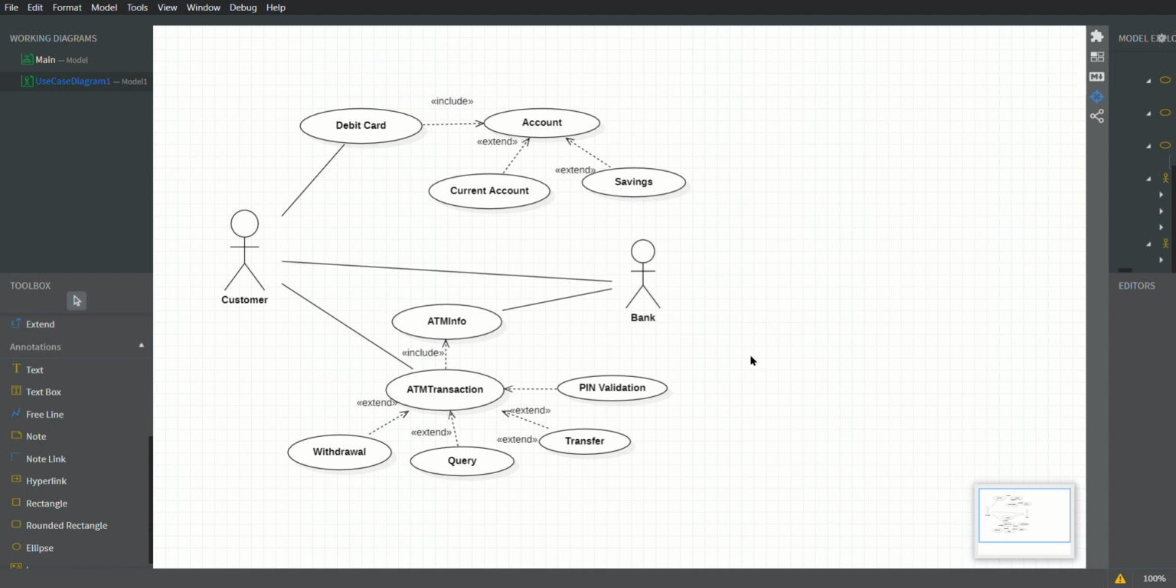In this video we will be creating the class diagram for this ATM transaction system project in C++. In the previous video we created the use case diagram. Now we are taking this a step further by creating the class diagram. For that we will go to model, add diagram, and instead of use case diagram you will select class